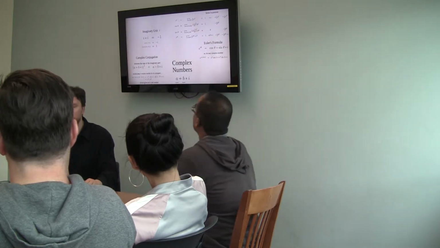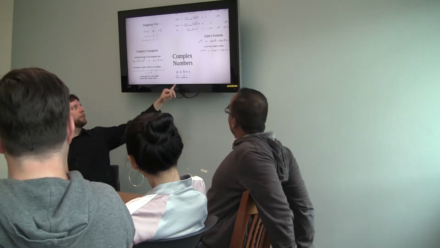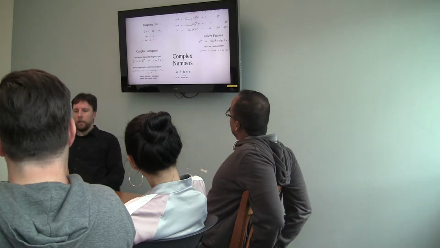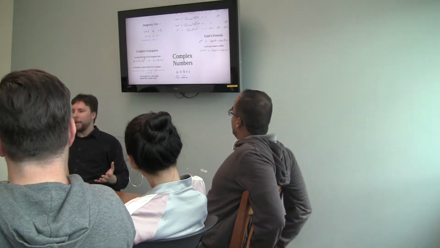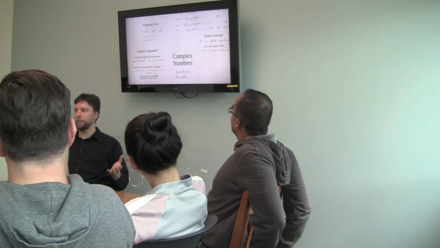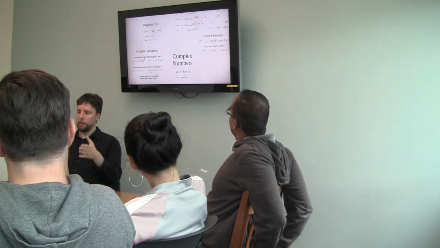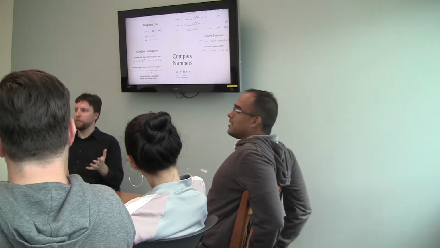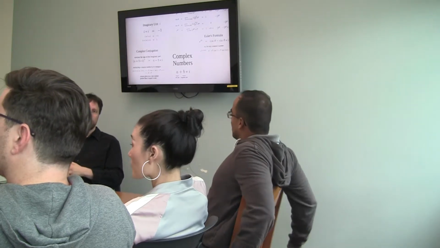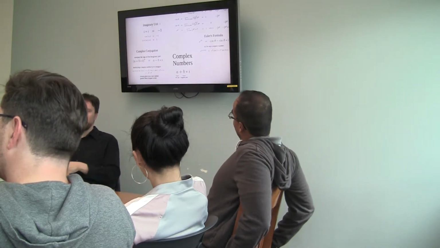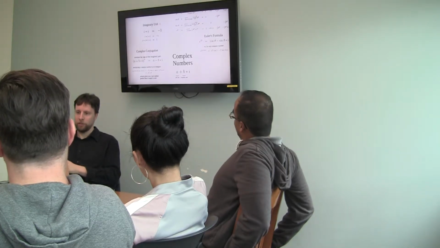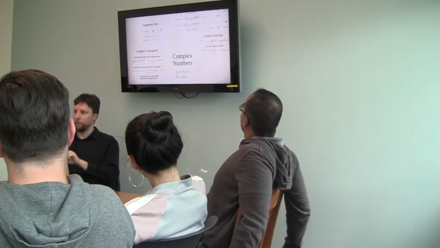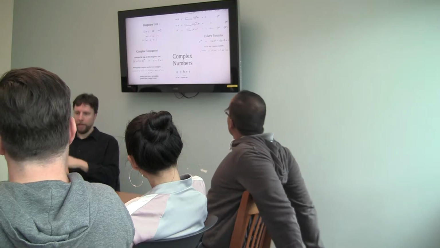So complex numbers have a real part and an imaginary part. The imaginary part is denoted by multiplication with the number i. The number i is basically something that you take the set of real numbers and then you tack on this extra number i. And the purpose for i is that you can use that multiplied by itself to get a negative number. So that's why we use these complex numbers. They allow us to have squares that are negative.